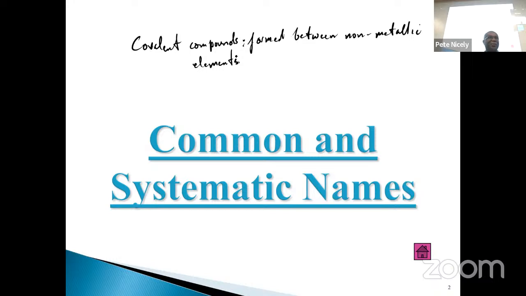Those are called ionic compounds. We won't be dealing with that today, all right? We're just dealing with situations where we have two non-metallic elements combining, like, for example, hydrogen and oxygen, or sulfur and chlorine, and so on, all right? And what we'll be looking at is how do we name these compounds, right? Because there are two ways of naming them. There's a common name system, and then there's a systematic name system, right? So we'll be spending more time on the systematic names because that gives us more information compared to the common